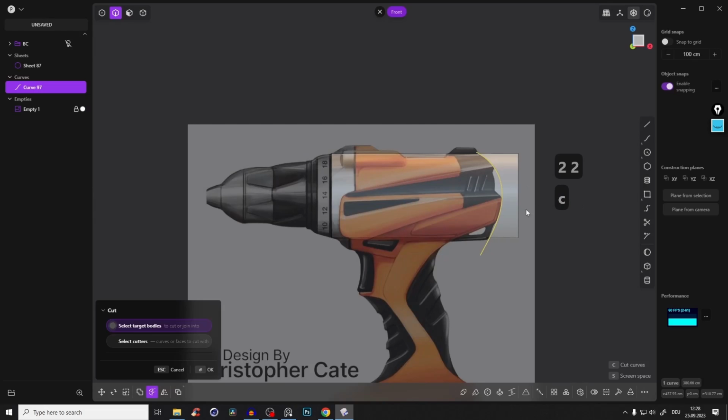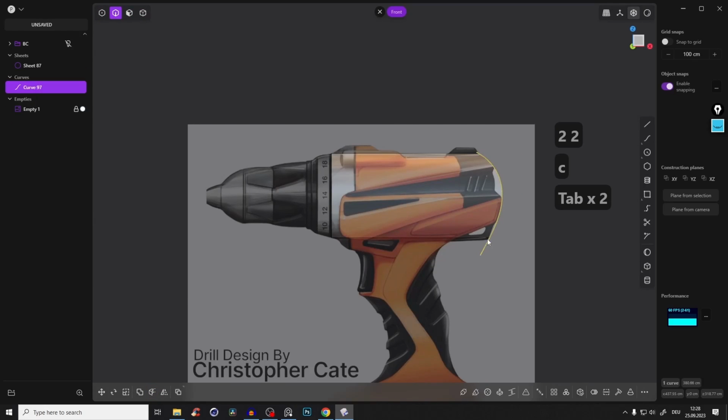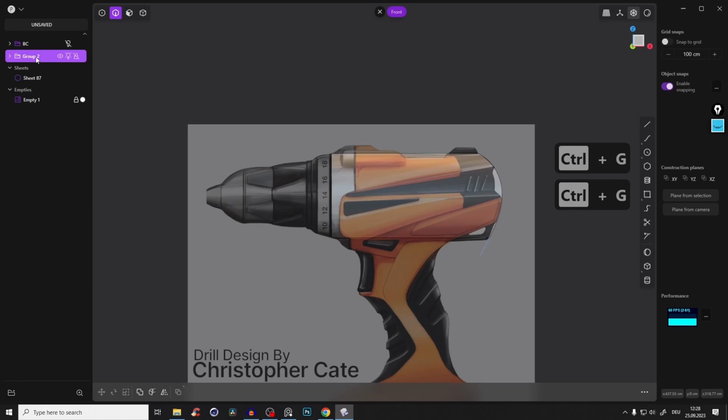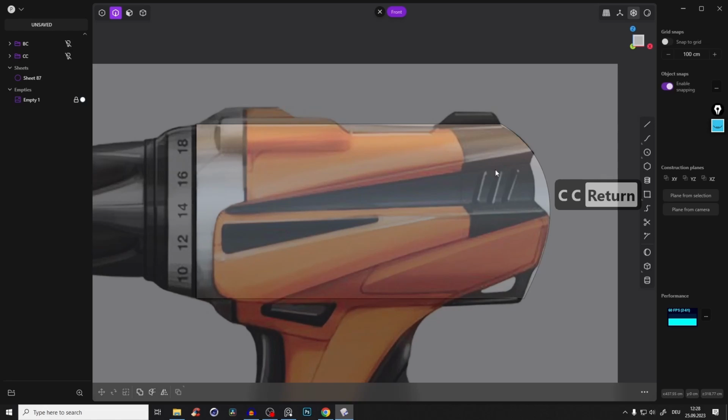Perfect. Select that curve, cut that surface, delete that surface, and create with this curve a group. So put it into a group, Control G, and call this cut curves. So CC to stay organized like always. And yeah, perfect. So let's start to create first of all,